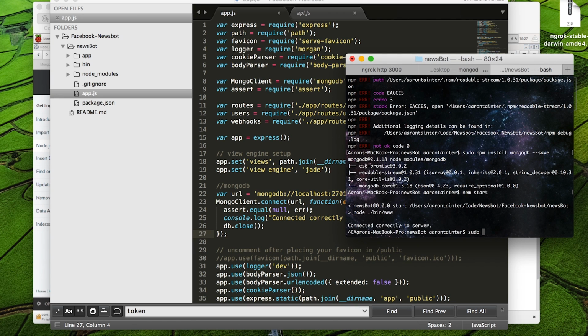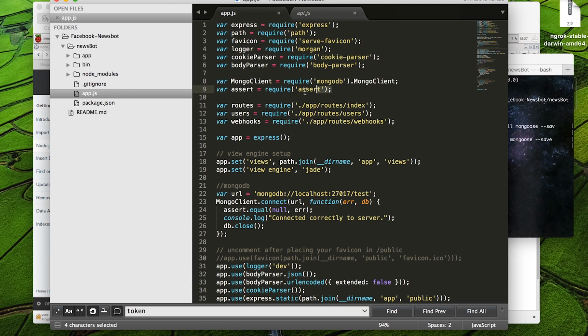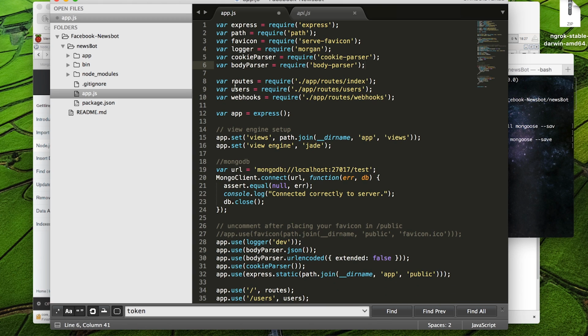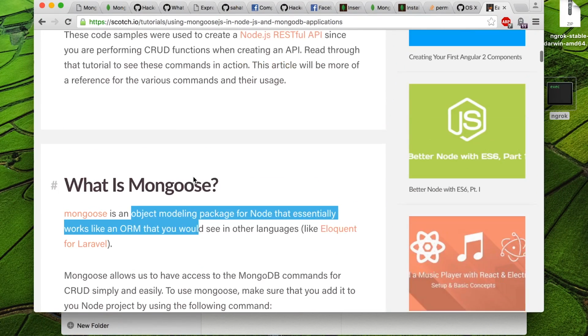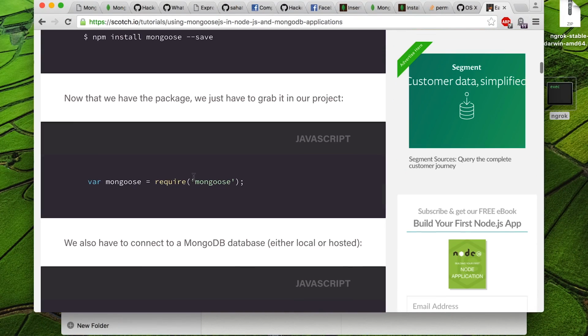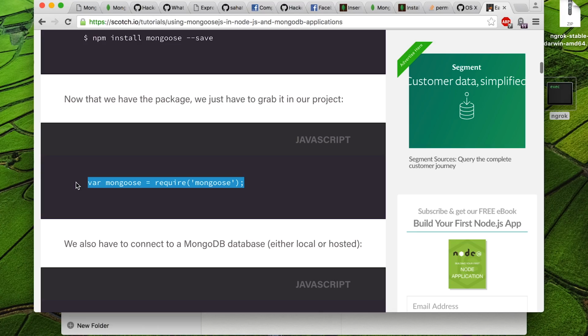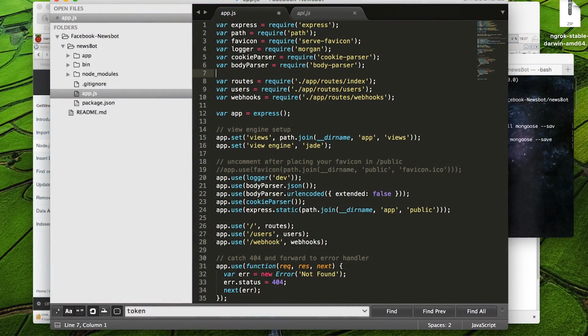In order to install Mongoose, I have to install a new module. So I go back to my terminal, sudo npm install Mongoose, and I'll save that. I'm going to go back to my app.js file and remove all the code that I just added. And I have this getting started guide for Mongoose, and so I'm just going to copy some of the sample code they posted here,